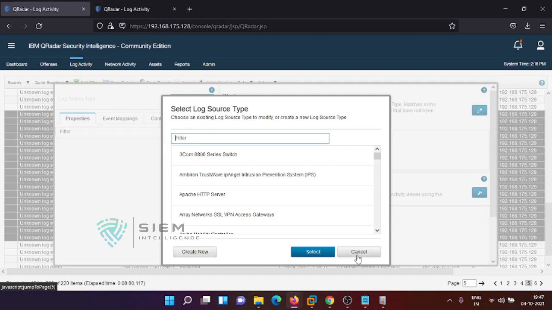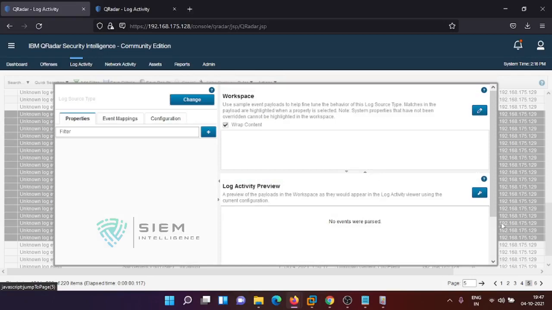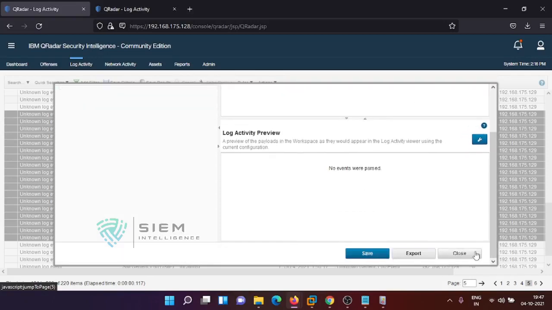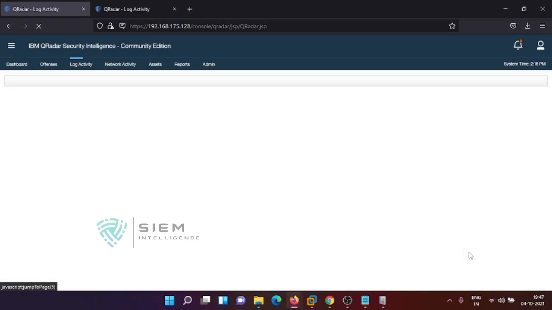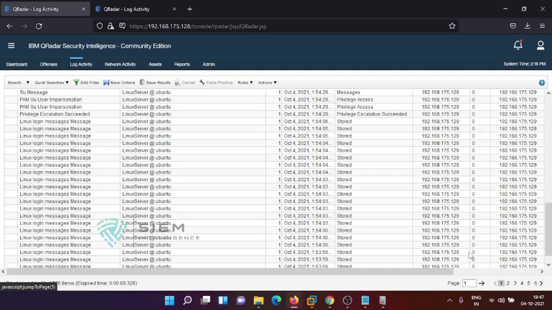As there is no mechanism to get so many things from your internal logs, or you can say internal application, we can also add so many things. We can add event maps, we can map events, we can do so many activities. No worries, we will talk about those things.